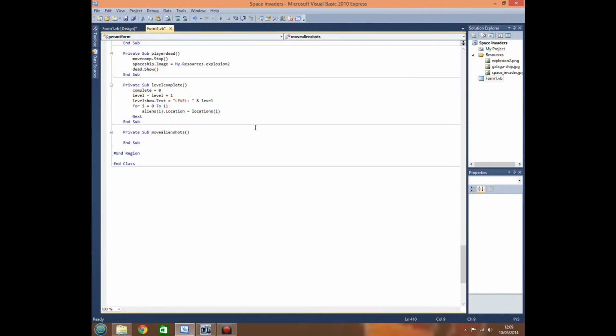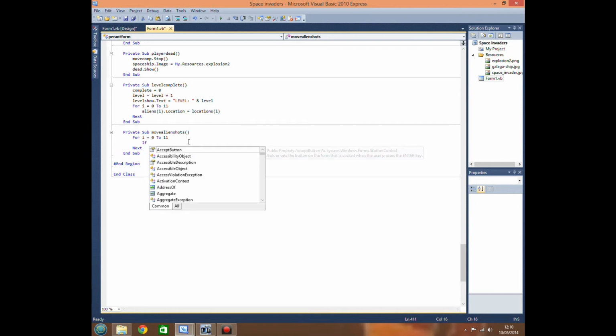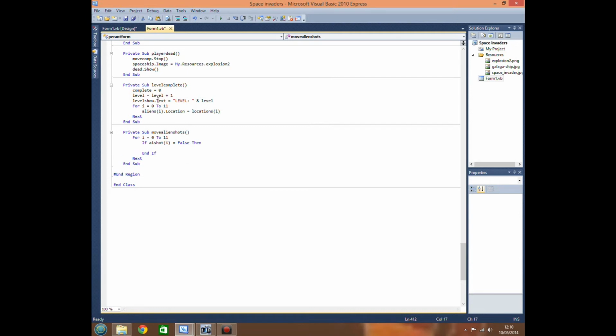So we want to do for I equals 0 to 11, and then we've got our for next loop, and we want to do if AI shot I equals false, then